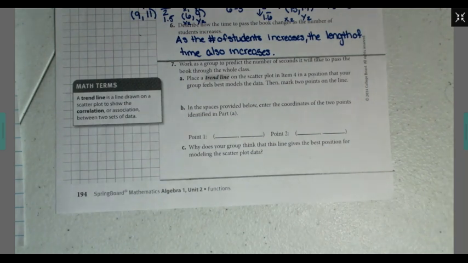On the previous slide, you should have seen the math terms. A trend line is a line drawn on a scatter plot to show the correlation or association between two sets of data. Work as a group to predict the number of seconds it will take to pass the book through the whole class. A. Place a trend line on the scatter plot in item 4 in a position that your